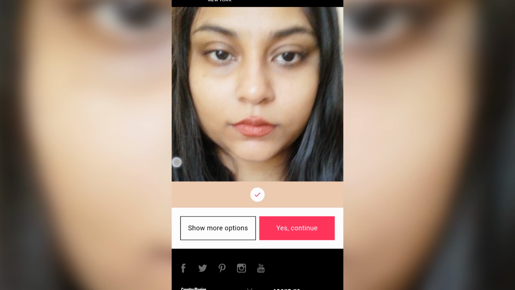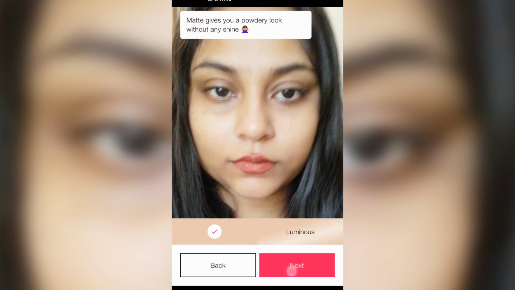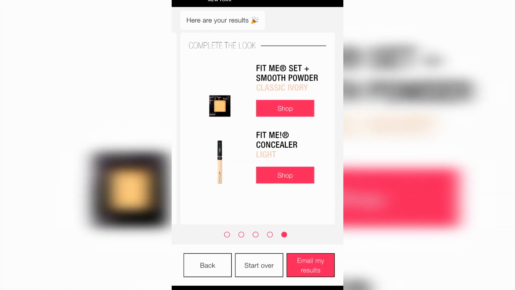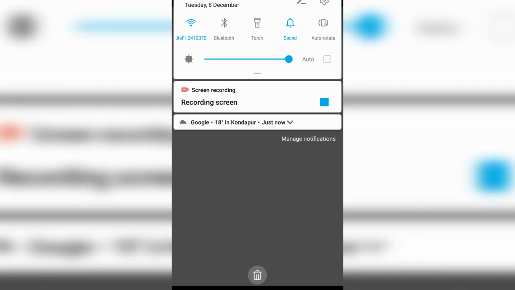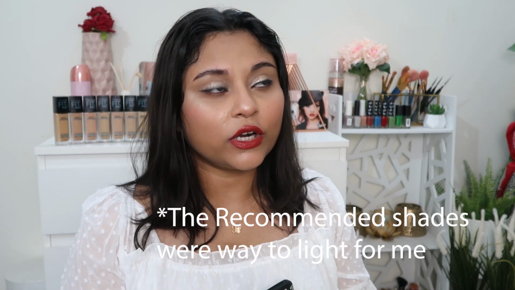I think I went back and did the selfie thing also. I think the selfie test did not work for me. I think this is my fault also. I took the selfie in natural light, that is sunlight, and I have seen that when I take my selfies in sunlight, it looks a little bit warm. So maybe based on that, they have recommended warm undertones to me, and that just doesn't match my skin. On top of that, my phone is not really very good, so it probably added some beauty filter or maybe color correction to it, and that is why the skin tone and the skin color also got messed up, and I was not able to rely on that.